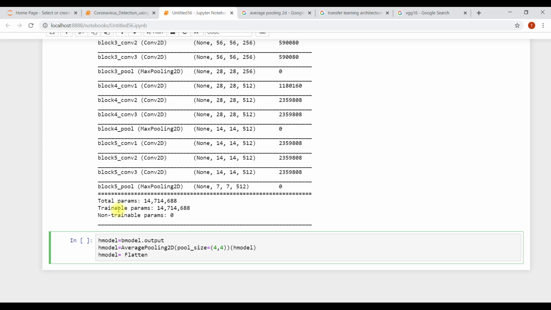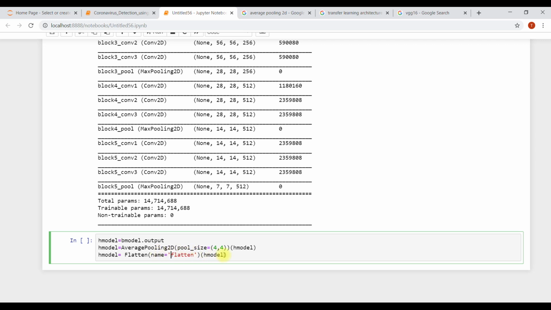Flatten, name equals flatten, and it gets added to the previous head model, so this flatten layer is getting connected with this head model.